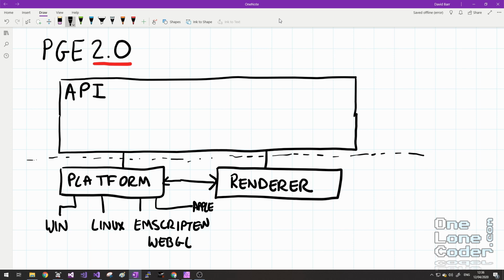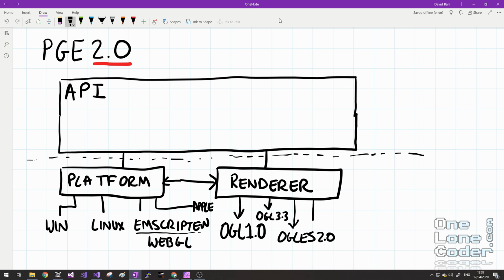In much the same way, the renderer module abstracts away whatever rendering technology your system is using. So by default, the PixelGameEngine, and some of you will giggle at this if you didn't already know, used OpenGL 1. If you wanted to play around with pixel shaders or use the PixelGameEngine as a general purpose OpenGL interface, we are currently working on an OpenGL 3.3 implementation. And in the pipeline, we're hoping to have an OpenGL ES2 implementation, which should make migration to Android devices and potentially the Emscripten platform a little